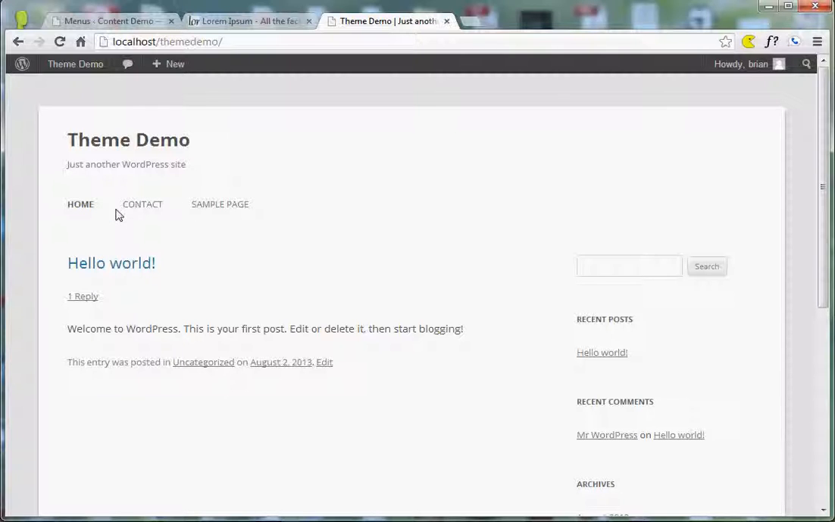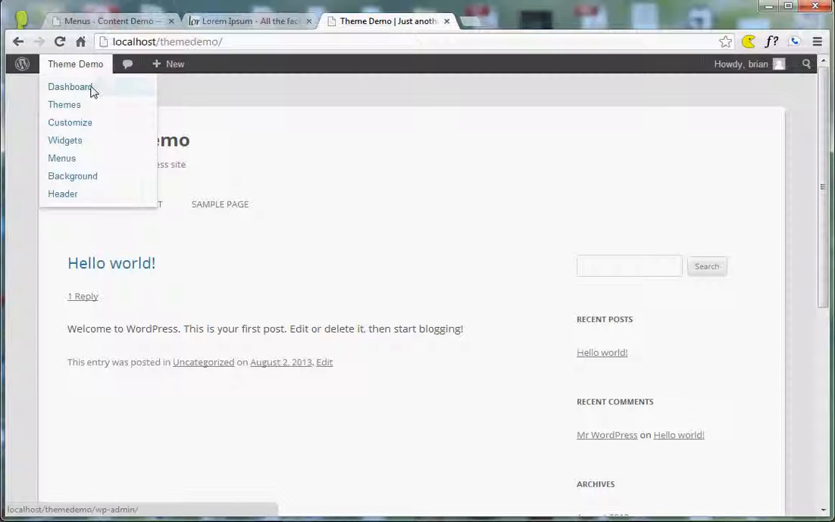You won't have any control of where things belong though. So normally what I would do is put Contact on the end after everything else, but WordPress has decided to put it here in the middle. So it's pretty easy from this point to reorganize that information. We just go to Menus,